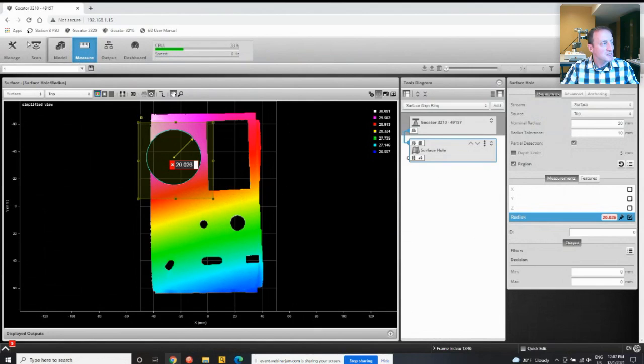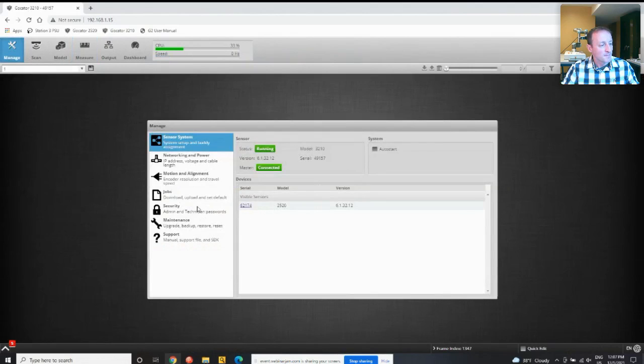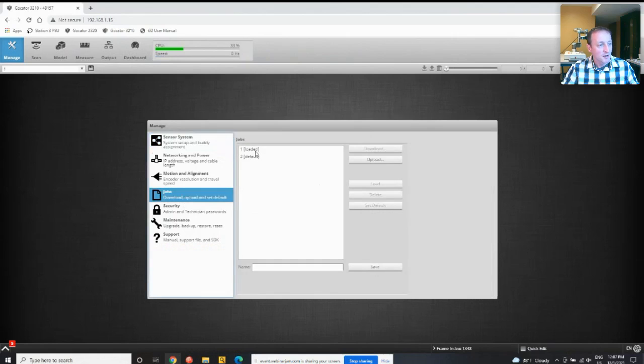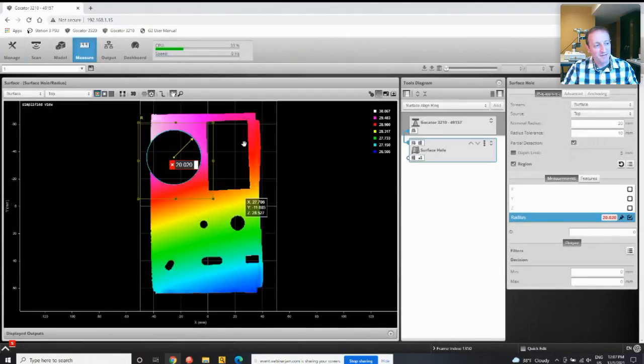We have two jobs in our Gocator, job labeled 1 and job labeled 2. That's what we're going to switch back and forth between. They have subtle changes. One measures a small hole, so you'll get to see that difference in the course of the demo. All right, let's switch back to our